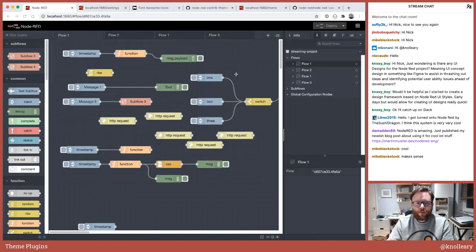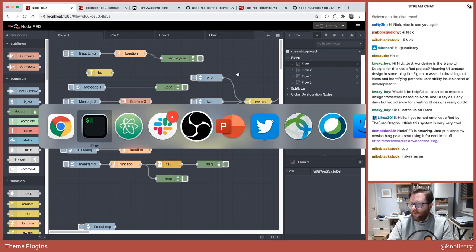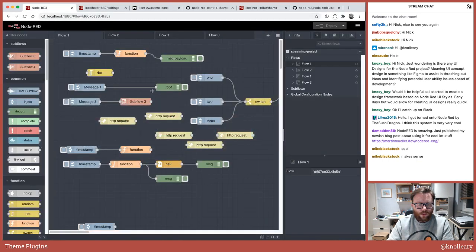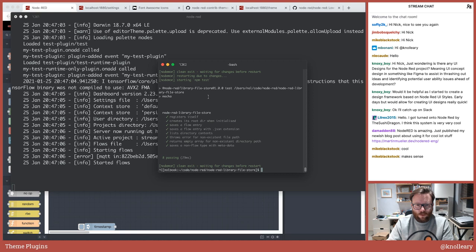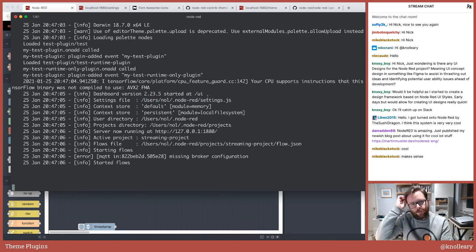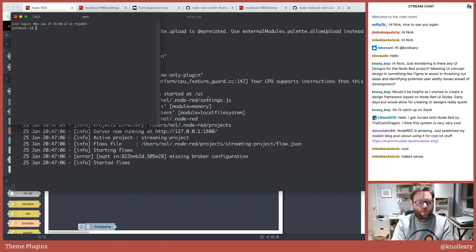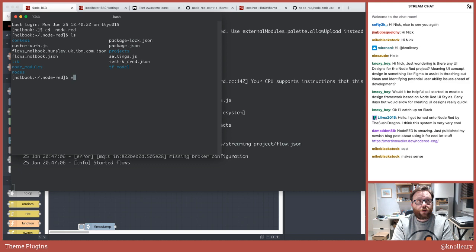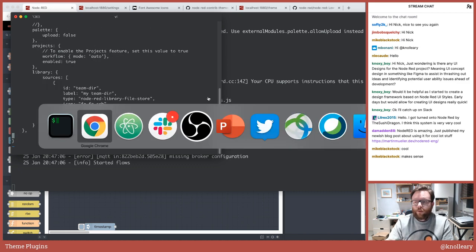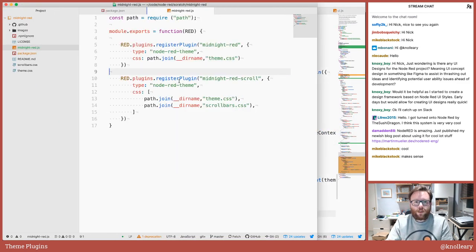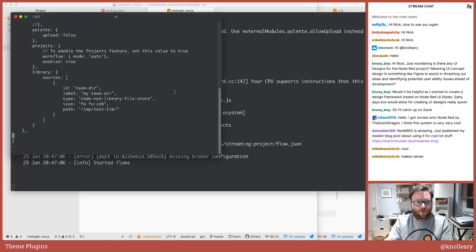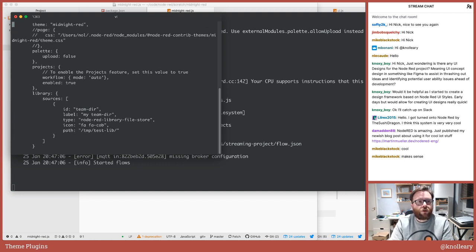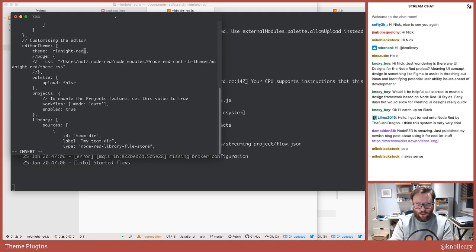Now let's. Oh, that's another interesting test. Let's go find. So if you recall, I showed you how this theme actually has its scrollbars.css, so Midnight Red Scroll. So now, to change theme to Midnight Red Scroll, should just be a case of changing this name to Midnight Red Scroll